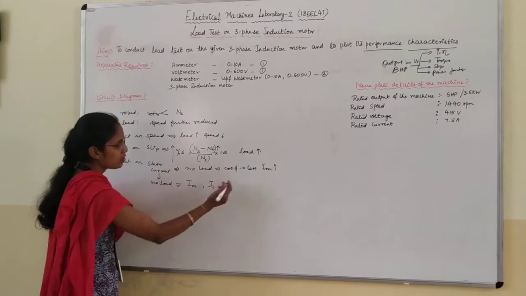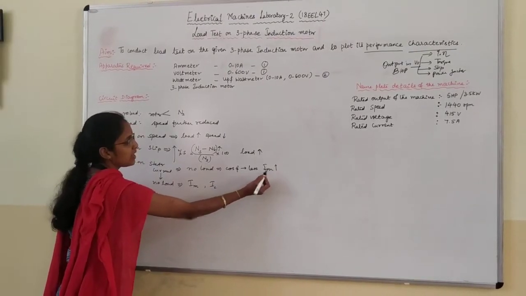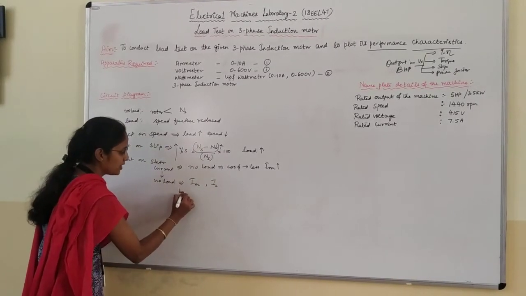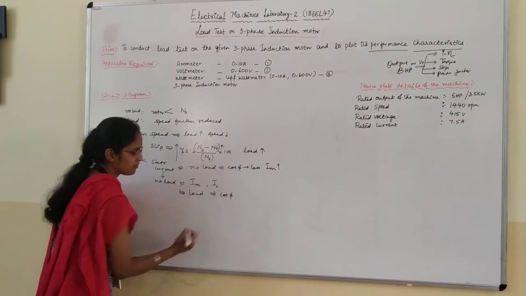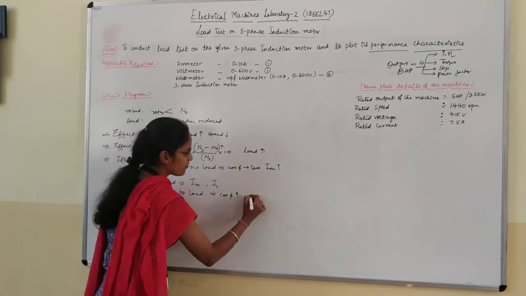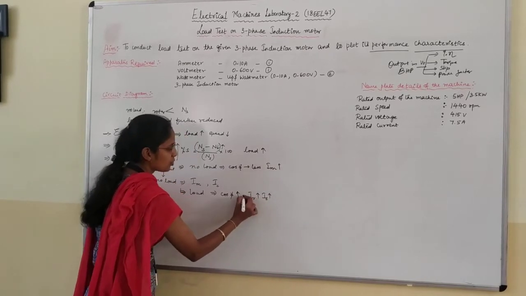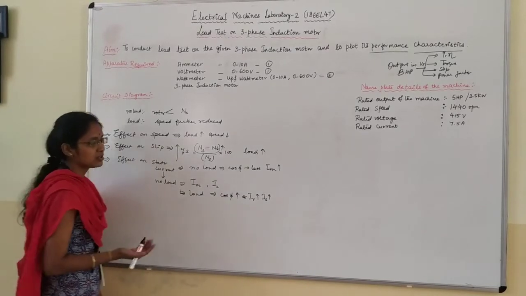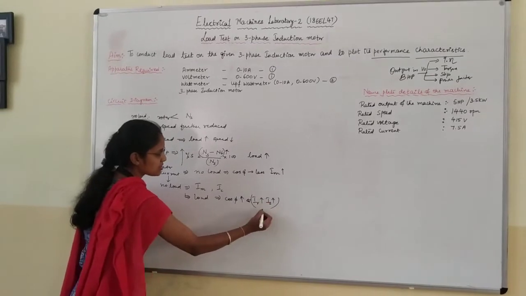So on no load, the power factor value will be low because Im, the magnetizing current value, will be very high. When you load the motor, what will happen to the power factor? The power factor will also increase. Why? Because the rotor current increases and the stator current increases. As I told you, the current mainly decides the nature of the power factor. So as the current value increases, definitely the power